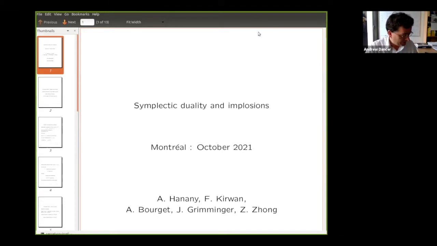So I'm going to be talking about some work I've been engaged with. The origins of this actually were in some conversations in Banff almost exactly 4 years ago with Amichai Hanany, when we were in Banff for a program on moduli spaces. So it took a while for things to germinate, but we have written 2 papers, and we're trying to complete a 3rd at the moment.